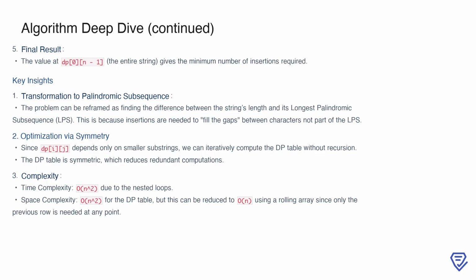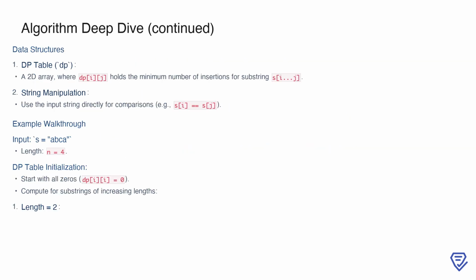The time complexity of this approach is O(n²), due to the nested loops used to fill the DP table, and the space complexity is also O(n²), for storing the table. However, space can be reduced to O(n) using a rolling array technique, as only the previous row is needed at any given point. To implement this solution, we use a 2D DP table where each cell dp[i][j] holds